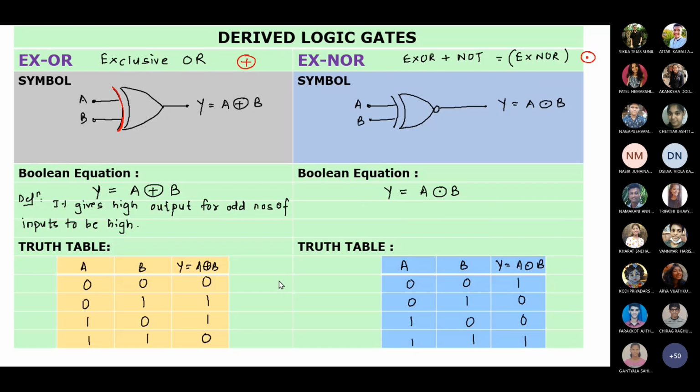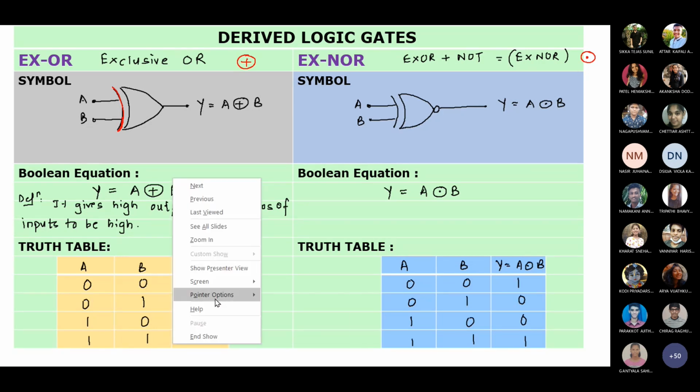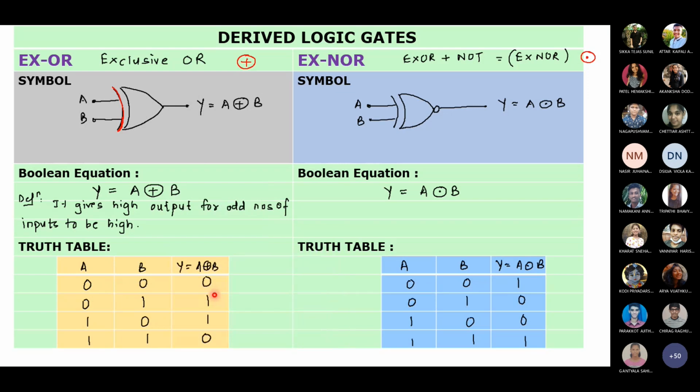So here let's see what the XOR gate is. XOR gate is a gate which will give you a high output for an odd number of inputs being high. So as we have a two input XOR gate, A, B, the combination of inputs given will be 0, 0, 0, 1, 1, 0, 1, 1. Okay, look at the laser pointer, all of you. So the XOR gate gives you a high output when an odd number of inputs are high.